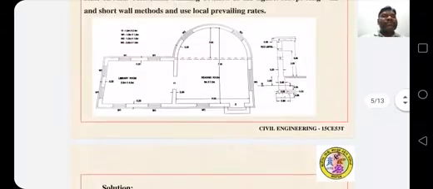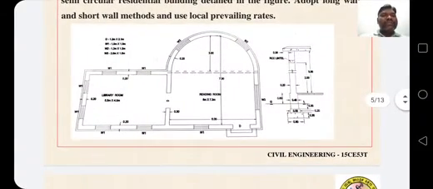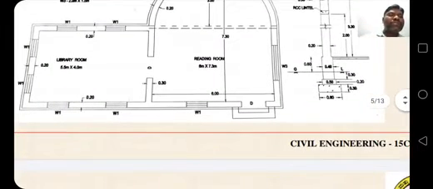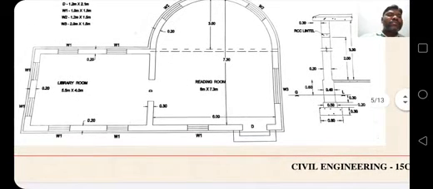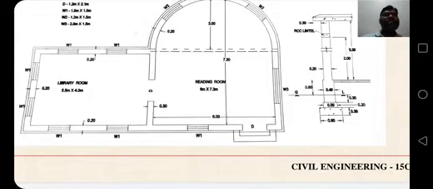Solution. This is plan of library building or small building. This is semicircular wall. The foundation is 0.8 meter width and depth is 1.8 meter. The basement width is 0.4 meter and second step foundation is 0.5 meter. Total height of basement is 0.6 meter, including DPC and plinth concrete.